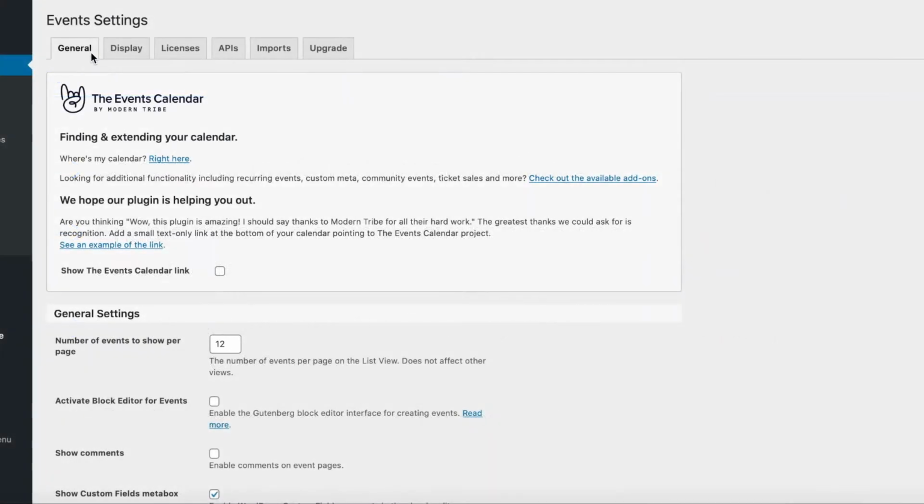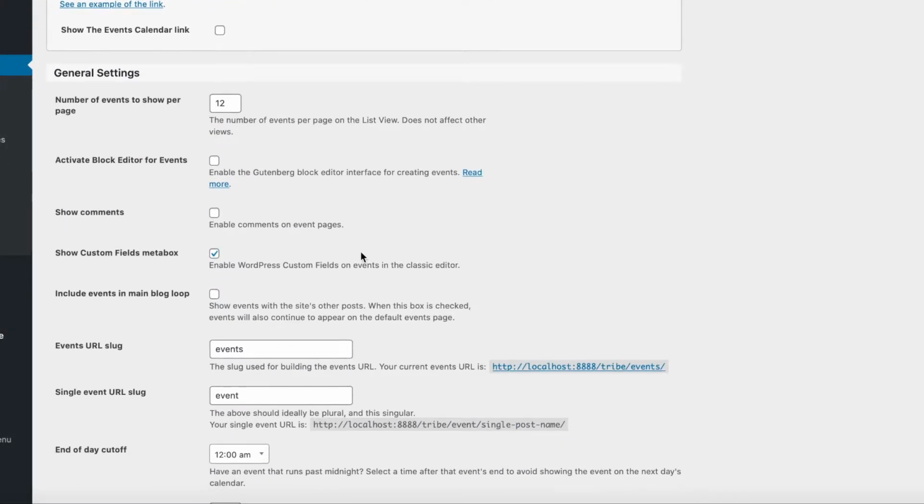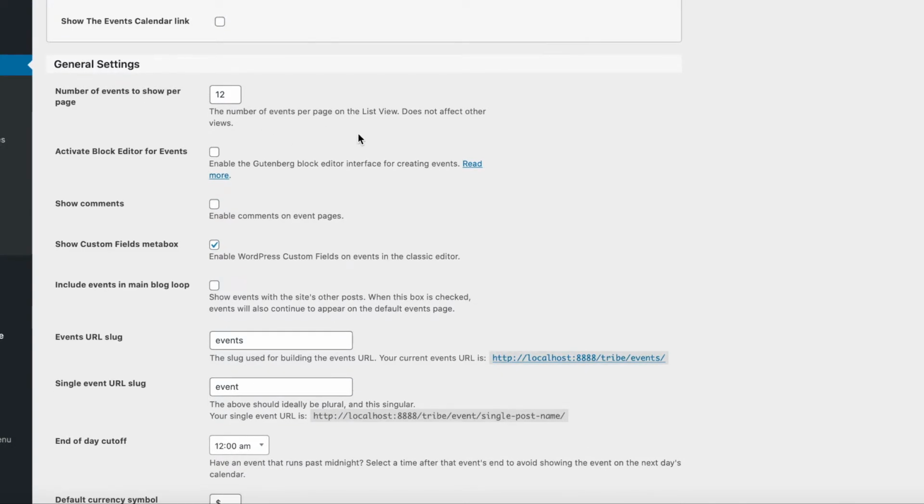Today we're going to be covering the general settings under Events Settings. Starting off, we have the number of events to show per page, which allows you to control the number of events that are displayed in list views, like the default list view or map view in Events Calendar Pro, before